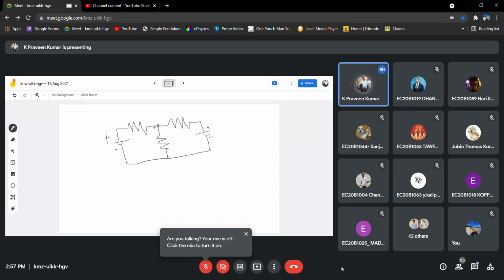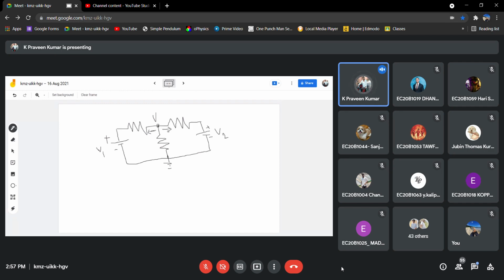Let us take the same 100 ohms. Here, how many nodes do we have? Only one node. Let us say that value is V, the node voltage V. While applying KCL, it is up to you how you assume.